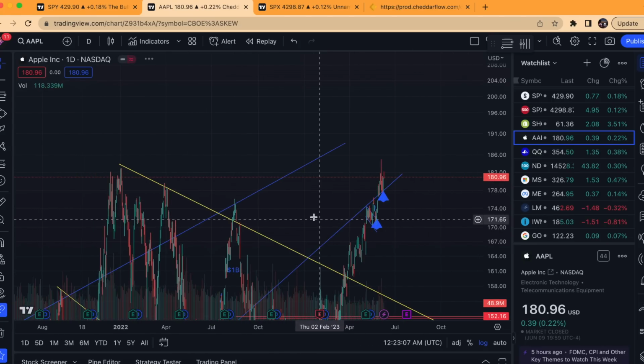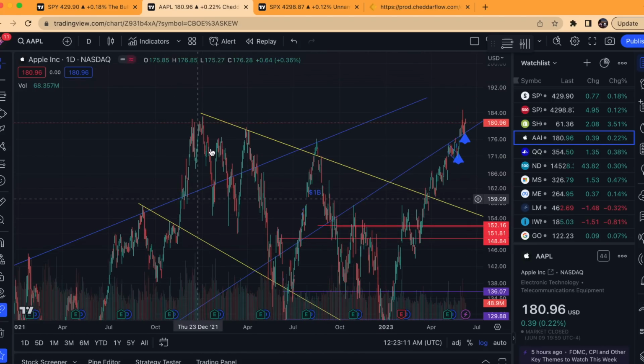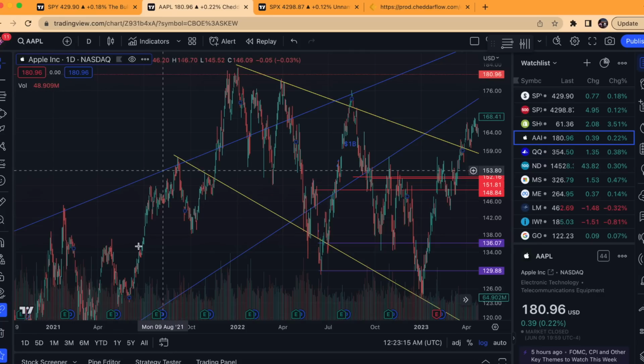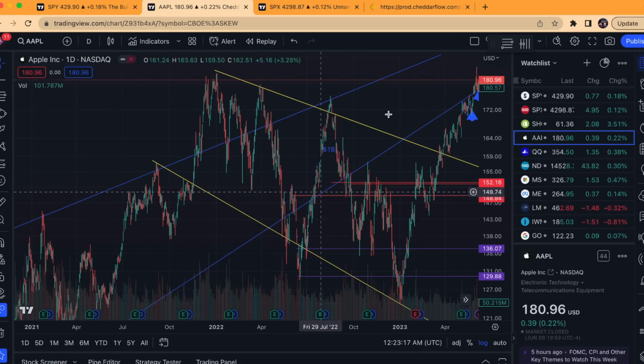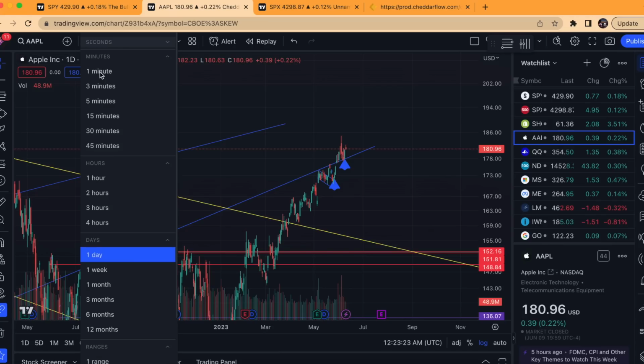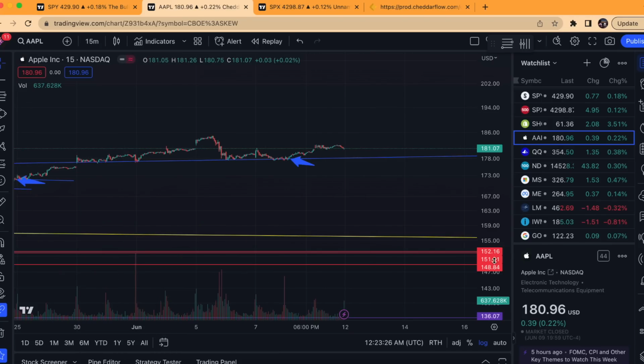You can see here, it's acted as a channel in a sense. We've had a break above as well as below the channel, but for the most part, acted as key resistance as well as support all the way since September of 2020. So this trend line is very key going forward, especially because if Apple were to break it to the downside,